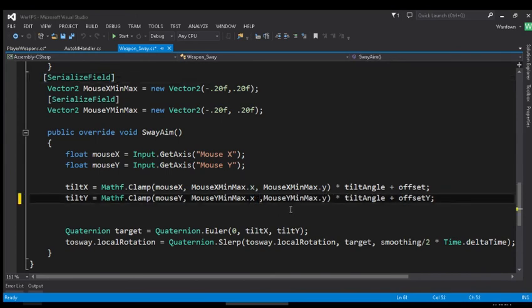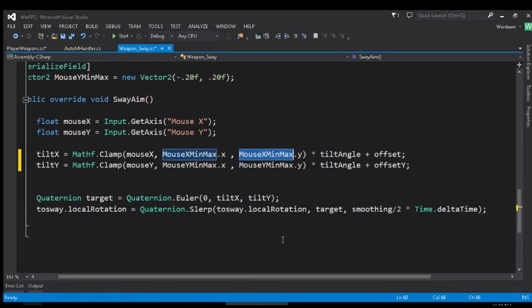Okay. And this just does X and Y. The X being the minimal and the Y being the maximum. And in my smoothing, I divide it by 2. But you can always have yourself another variable for the smoothing. I found it cut in half worked well for me. But if it doesn't,